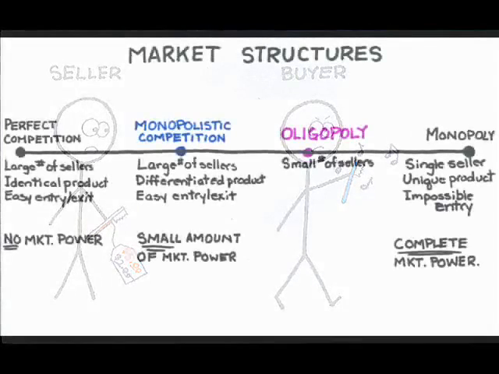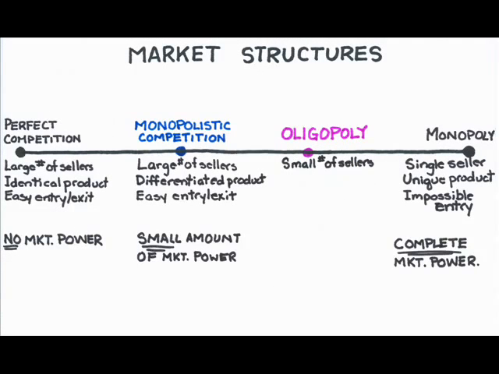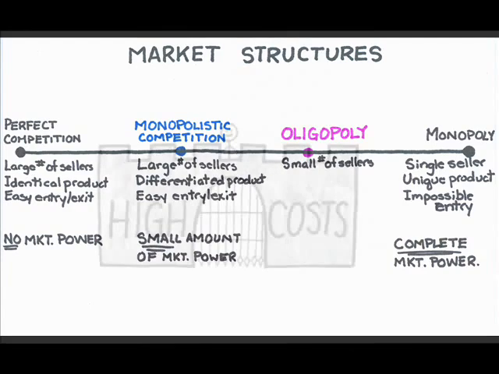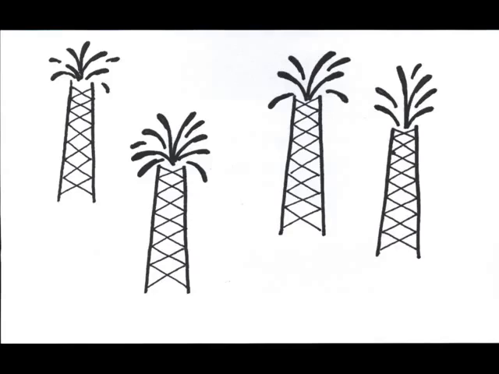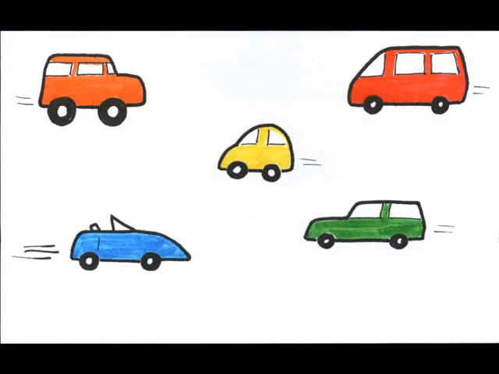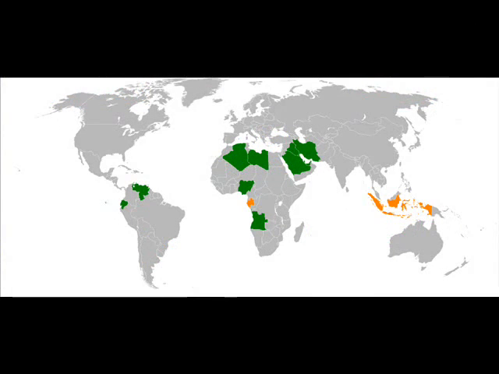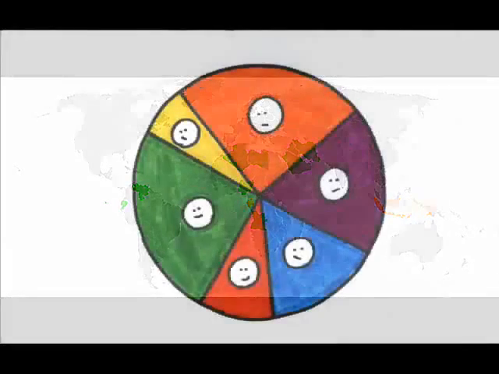An oligopoly? Well, the prefix oligo means few, so I'll have a few large producers making up the market, each with a large amount of control or market power. There are some barriers to entry, so it's hard, but not impossible, to get in. The product in an oligopolistic market can be identical, like the members of OPEC who produce oil, or differentiated, like car manufacturers. Also, the small number of producers could be just a handful, like cars, or a couple of dozen, like the oil producers. The key is that there are few enough producers that each one has a fairly large chunk of the market,